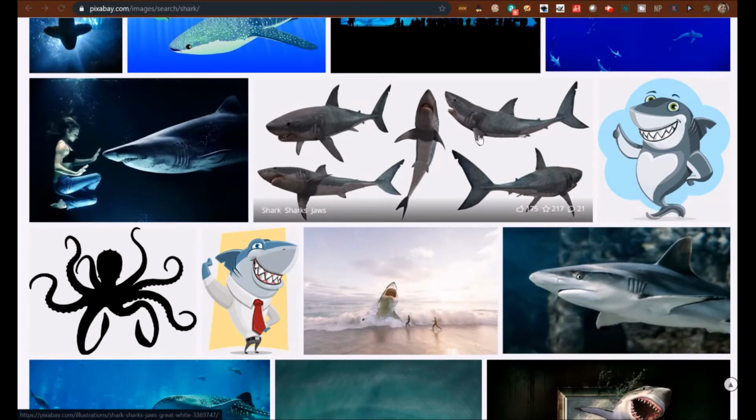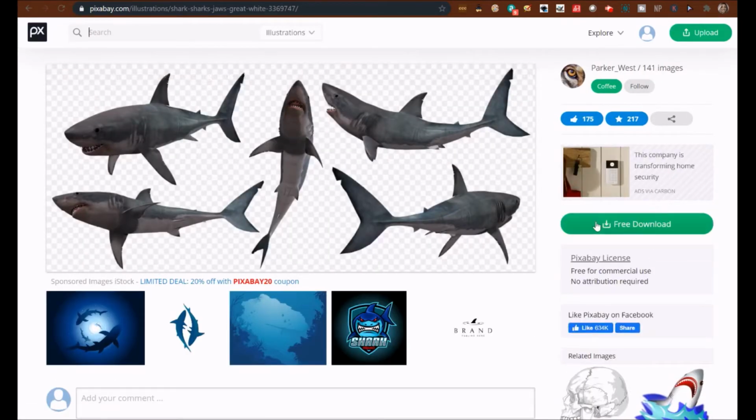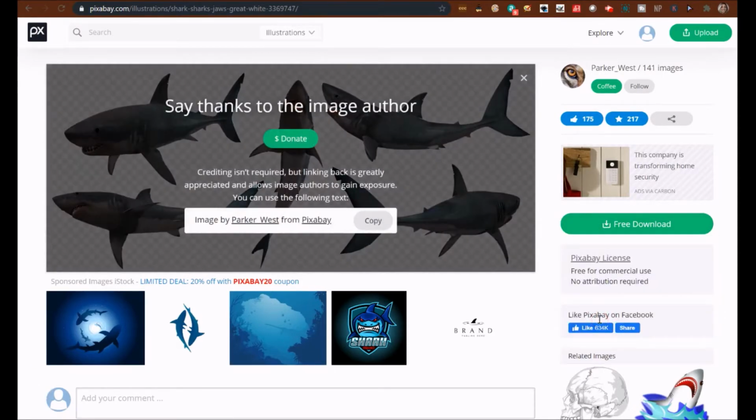So let's grab this great white shark picture. And let's go over here and click free download and then download. And now I can see at the bottom of my screen it's gone into my download folder, and I'll move that in a minute. So I go back to my back arrow,